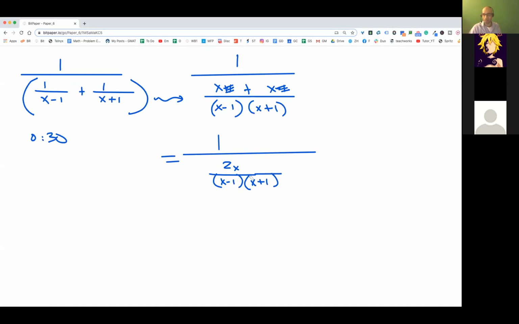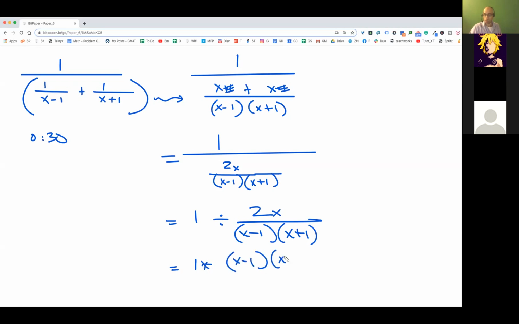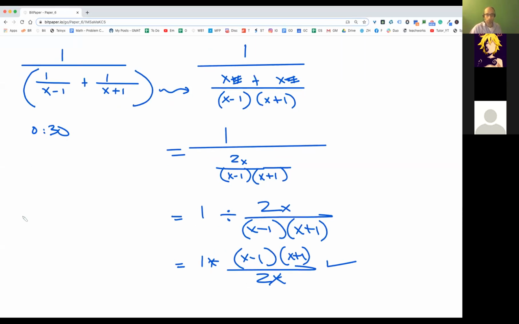Well done, Michael. Nicely done. Now you can write this as 1 divided by 2x over x minus 1 times x plus 1. Because you've got the division sign, you're going to flip it. So you get this value here, and this is going to be your correct answer. A relatively hard problem, but I think at least some of you were able to solve it very well. So that's good. Now, what we